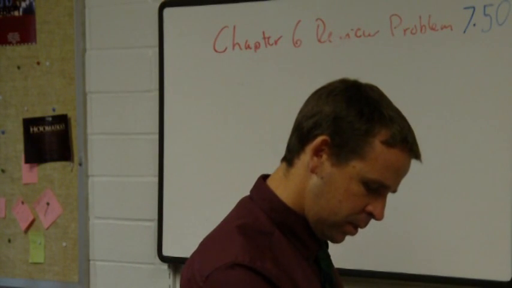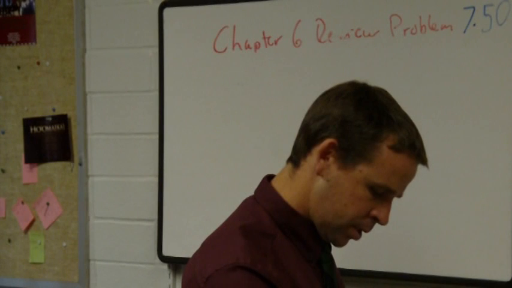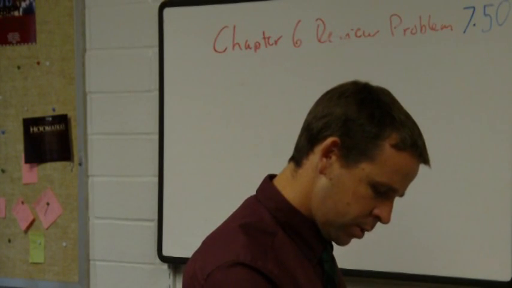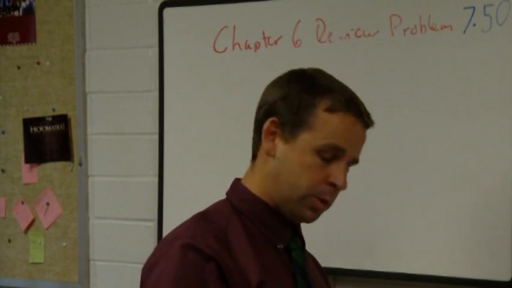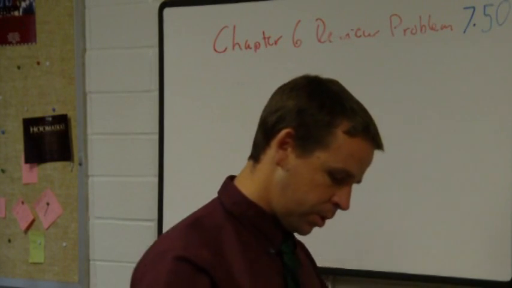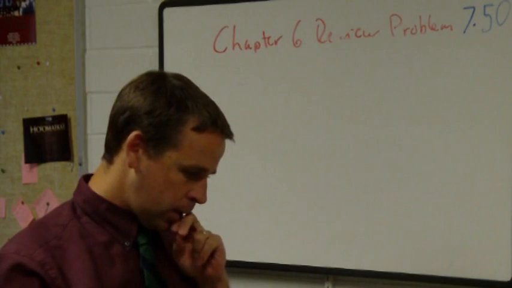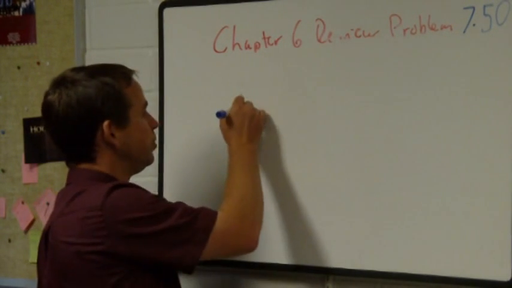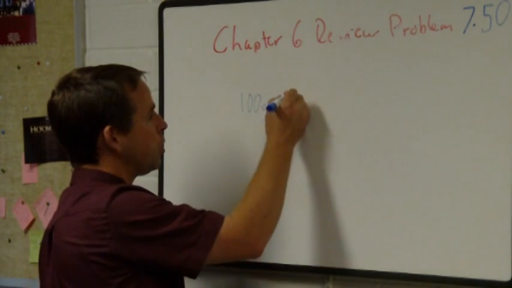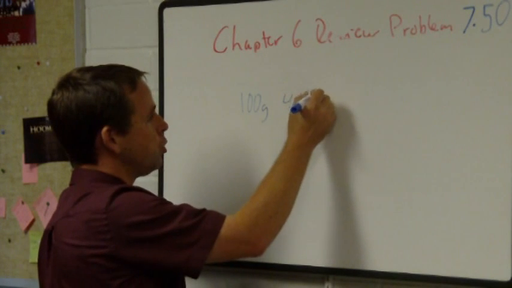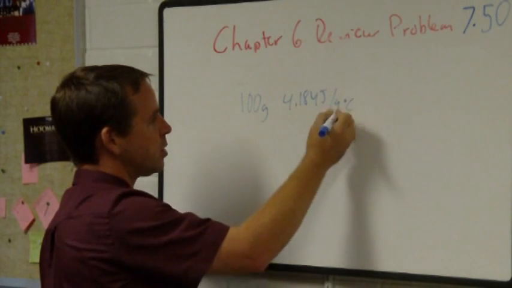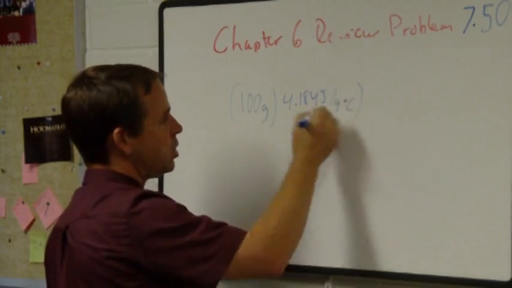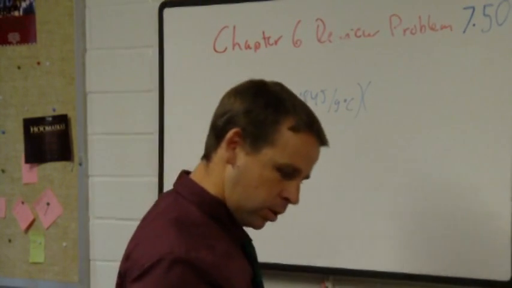Okay, so a 5-gram mass of metal was heated to 100 degrees Celsius and then plunged into 100 grams of water. So the first one is how many joules did the water absorb? And we can determine how many joules the water absorbed by looking at the water. 100 grams of water. Water is 4.184 joules for every gram degree Celsius, right? And the change in the temperature of water was,